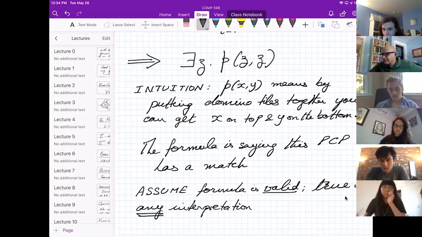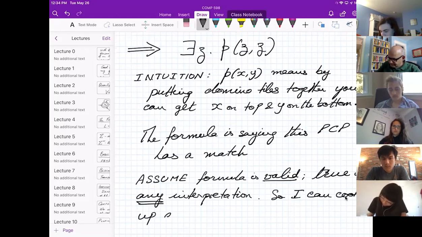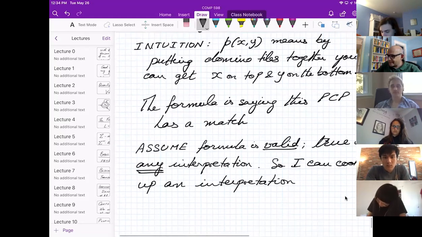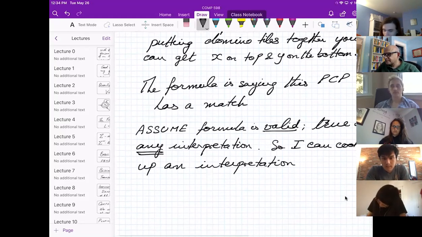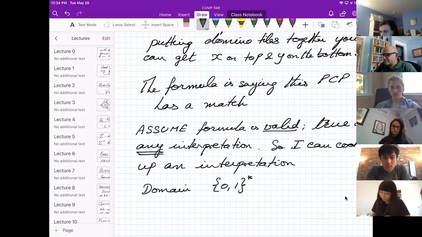All right. So I can cook up an interpretation. The domain of this interpretation is strings. Now I have to interpret my symbols.